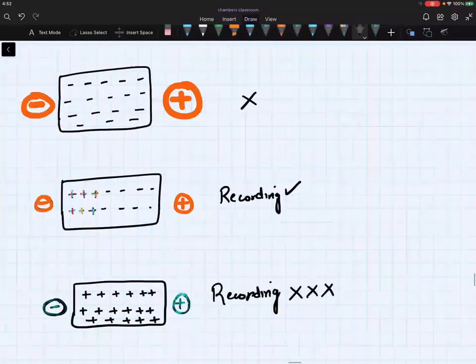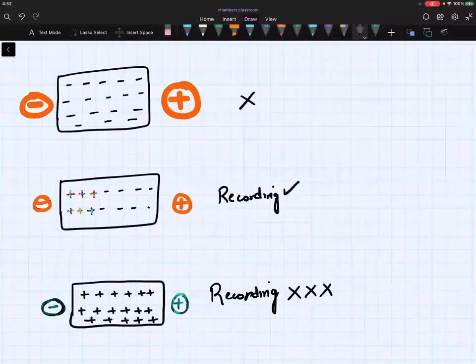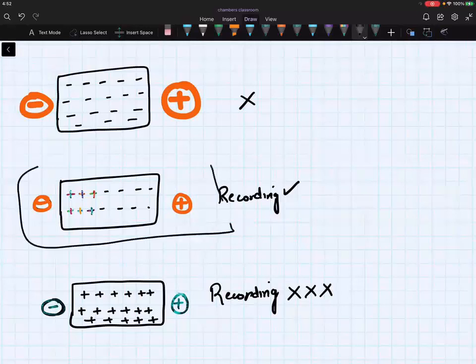Sir, why? This is the concept where you lag. Basically, ECG does not record the state of the cell, ECG records the phase of the cell. If something is happening, then it will record. If something is already positive and something is already negative, it won't record anything. It only records the process. Can you see what I draw here? Somewhere positive, somewhere negative, so it was in the process of recording.